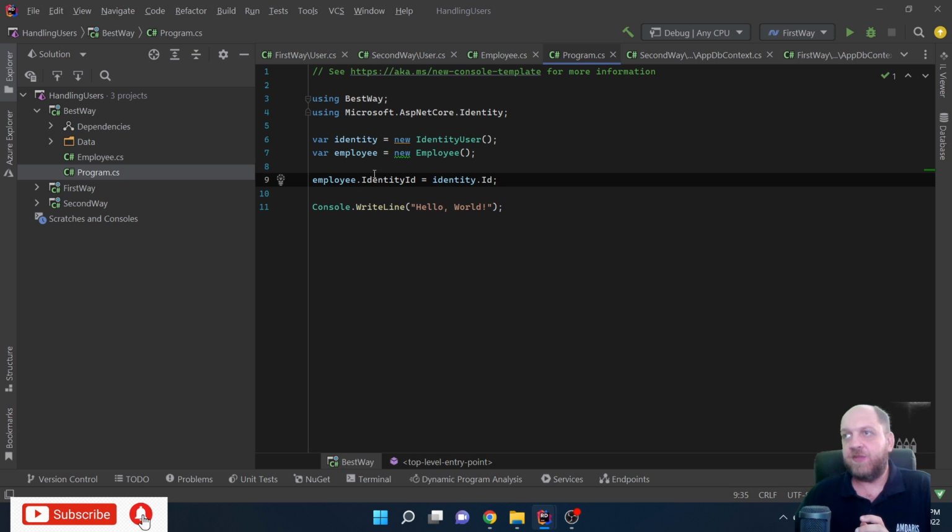And after you have done that, you just create your employee and set the ID of the identity as the identity ID of the employee. And this is the way that you can actually link them together. And this is also a way in which you can extend, for instance, your application to support different types